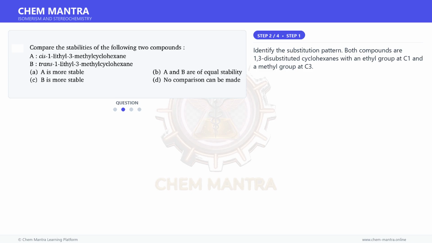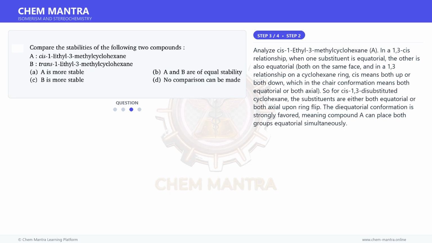Moving on to the next step. Identify the substitution pattern. Both compounds are 1,3 disubstituted cyclohexanes with an ethyl group at C1 and a methyl group at C3. Moving on to the next step. Analyze